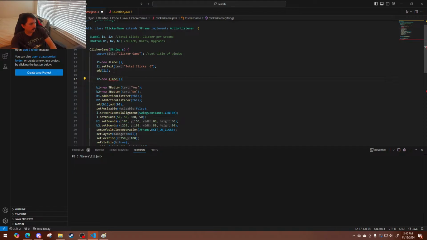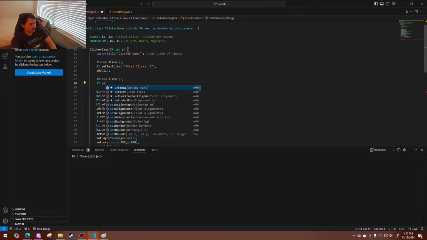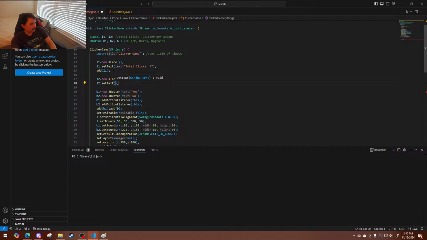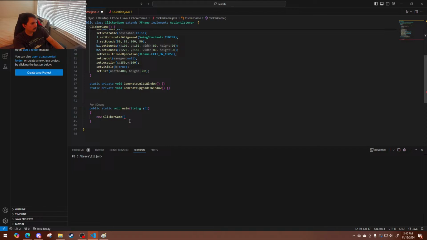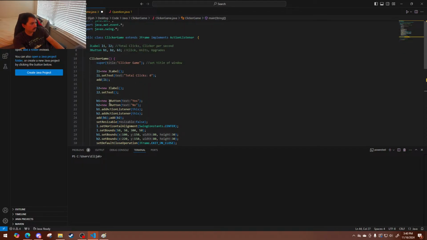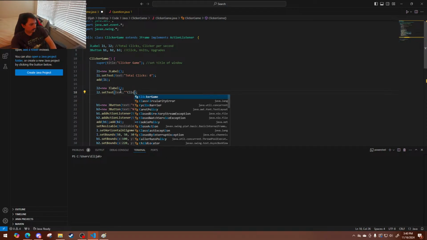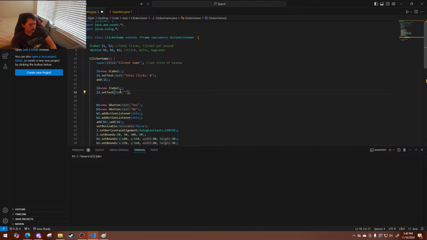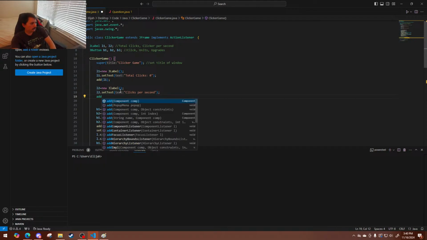We make the items for this. L2 dot set text. I'll take this out. I don't want this constructor anymore. Okay. This is clicks per second, and then add L2,